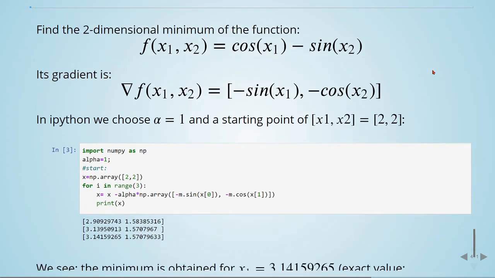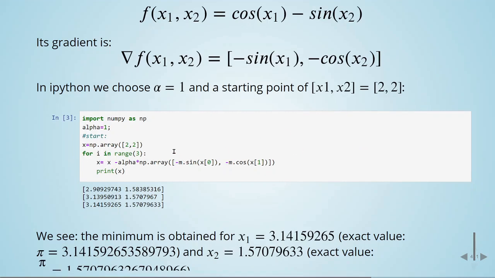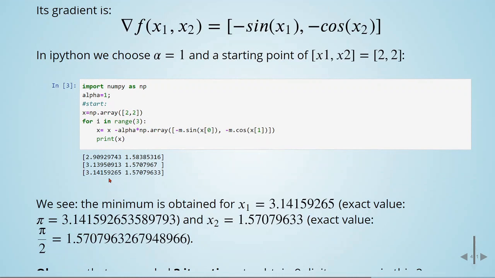In Python, we will have the same approach: we will have a starting point, and then we also set an alpha, and we have this iteration. In this case, alpha is equal to 1, and the starting point will be 2 and 2. And what we have here, after some 3 iterations, is a value of pi, and a value of pi divided